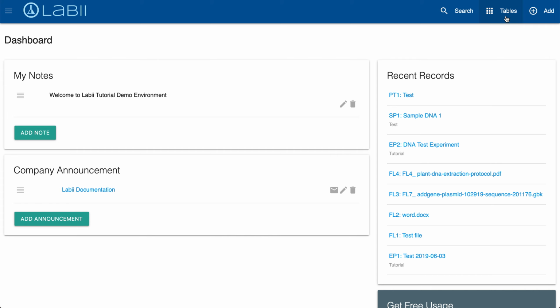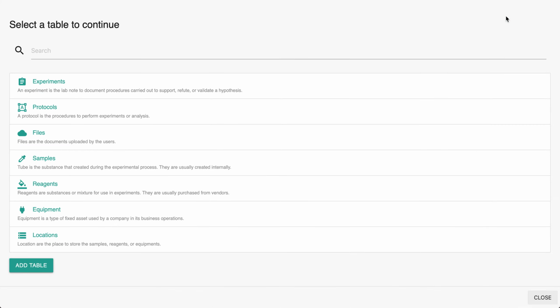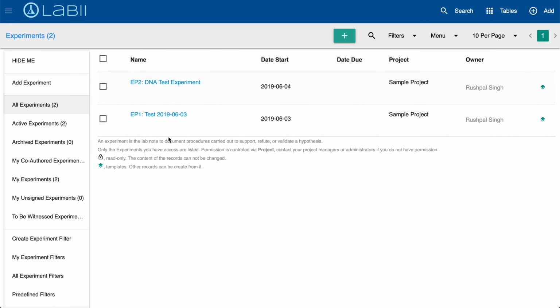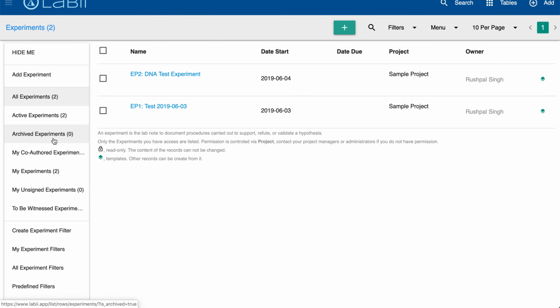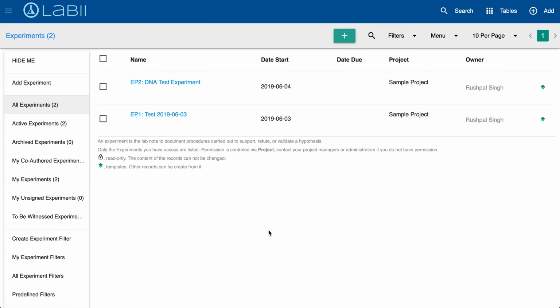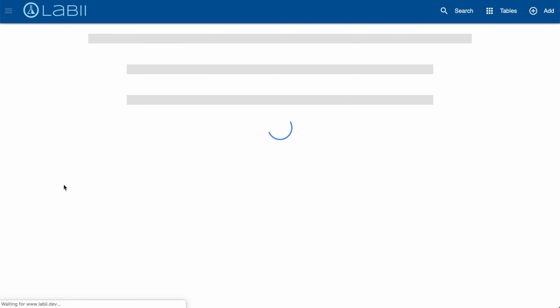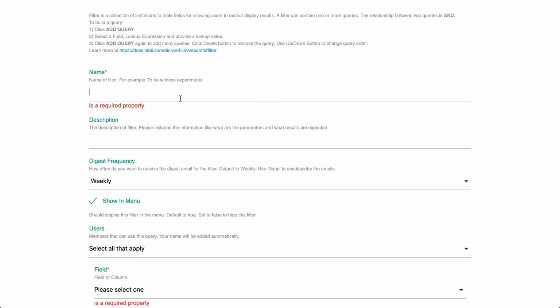Simply click on the table's icon on the navbar, select the table, experiments for this video. First thing you'll notice is the sidebar with multiple filter functions, but let's just focus on how to create a new experiment filter first. And to do so, simply click Create Experiment Filter, and here just type in the name